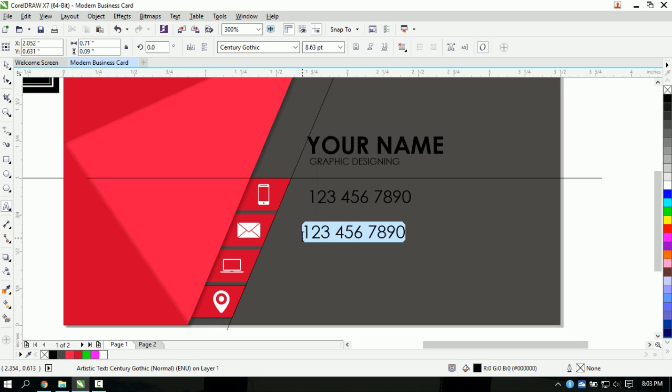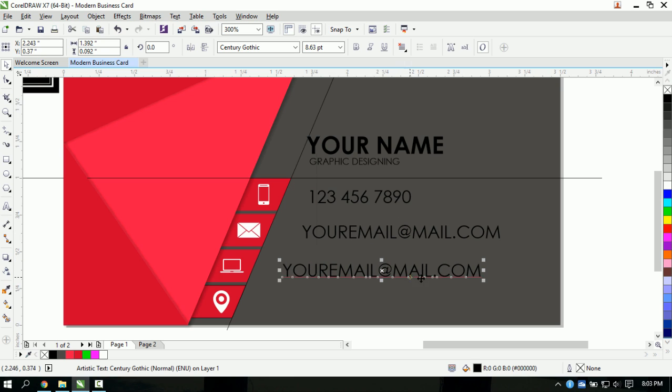And then your email, you can just go with your email at mail.com, something like that. And Control C, Control V to paste. And if you feel like this is too big, you can always adjust it to something that you like. And then your website, maybe we can just go ahead and say yourwebsite.com, something like that. And then Control C, Control V to paste this, select it, Control C, Control V,